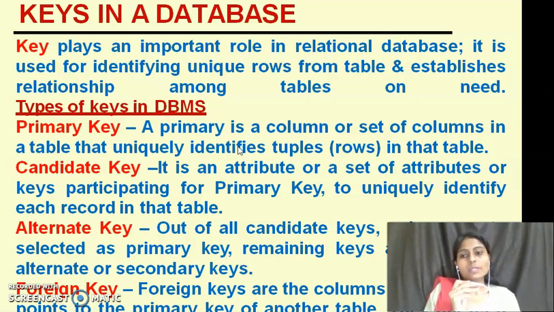Primary key is a very important key in RDBMS. In a table, what's the role of the primary key? Primary key is a column. Basically, key is a column of a table, or we can say key is a combination of more than two columns in a table. So basically the keyword is used in RDBMS for the columns, but which type of column comes in which type of keys, that we will discuss.